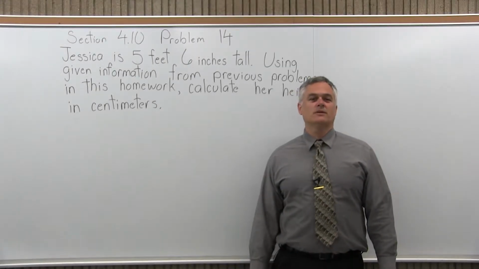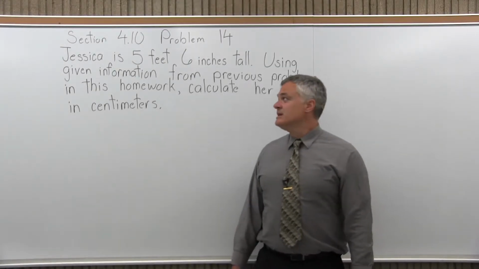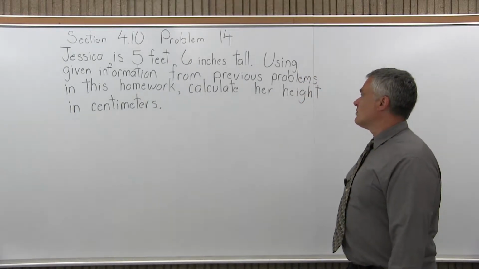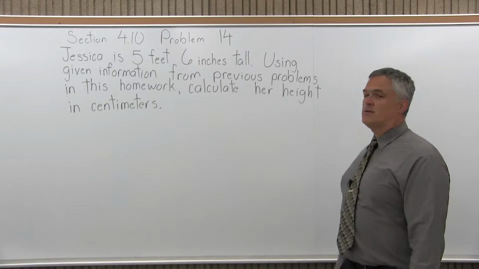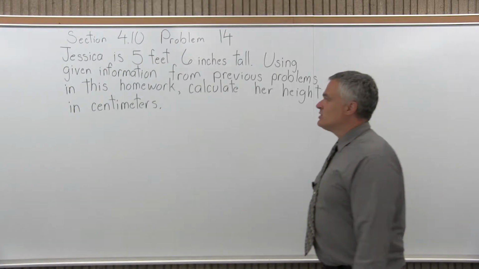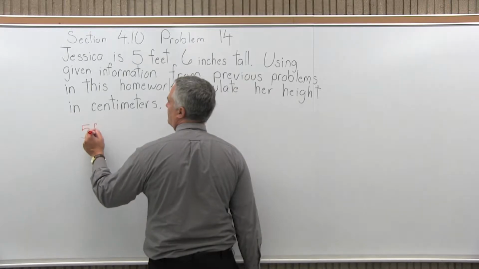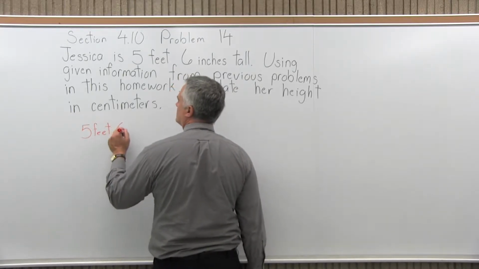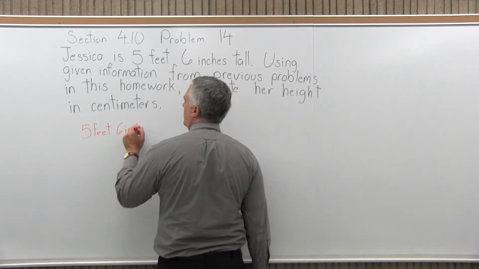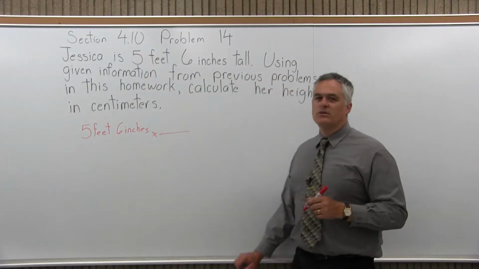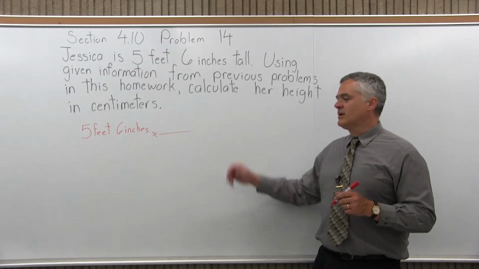This is Section 4.10, Problem 14. It says Jessica is 5 feet 6 inches tall. Using information from previous problems in this homework, calculate her height in centimeters. So typically what we want to do is take the given information, 5 feet 6 inches, and multiply it times some type of a number 1 so that the units I'm given will cancel and other units will show